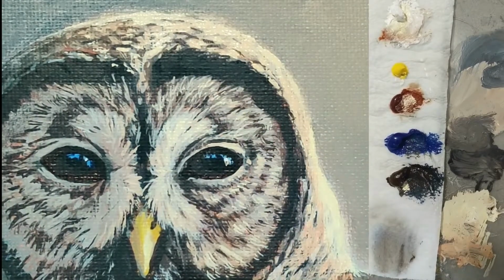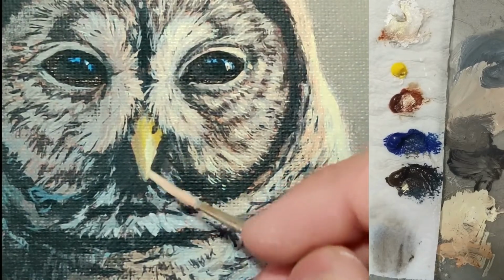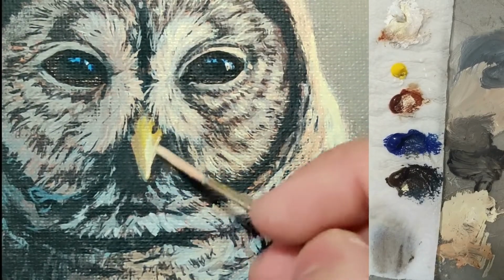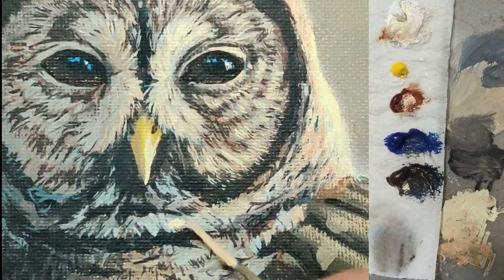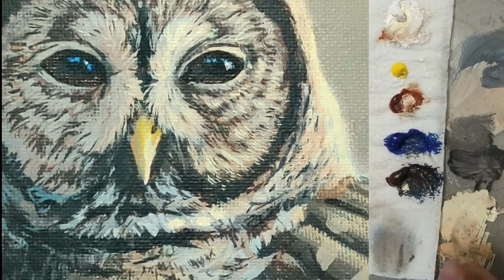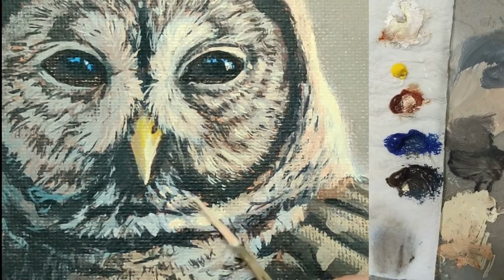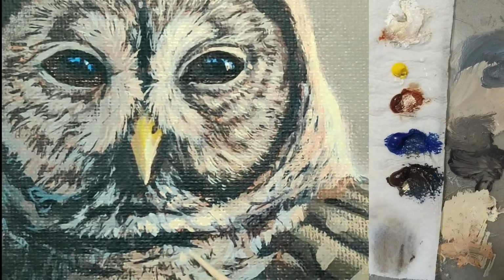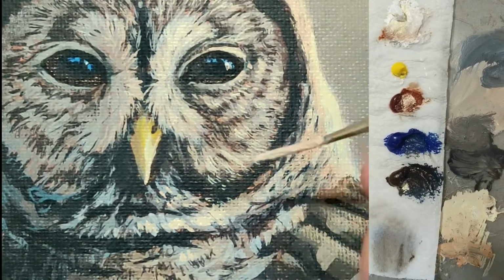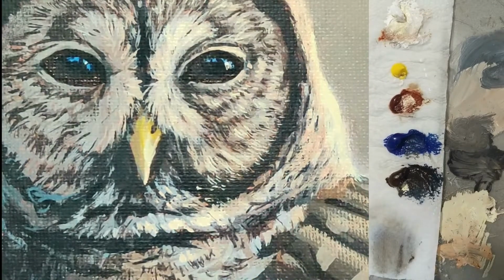Okey-dokey. A little bit here on his beak, just because, nicely, because I feel like it. Alright, now let's bring this light right in here. This is just adding this warmth in here is going to really, really make him look like the sun is just hitting him real nicely. Alright, so let's move down